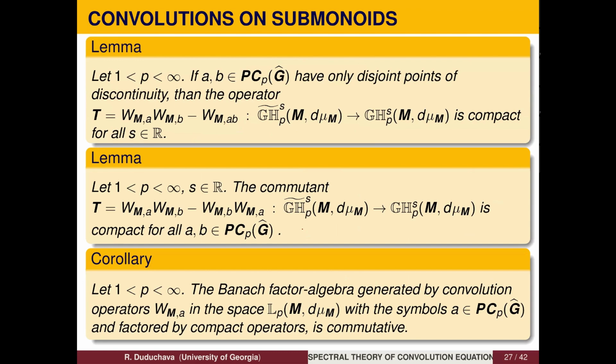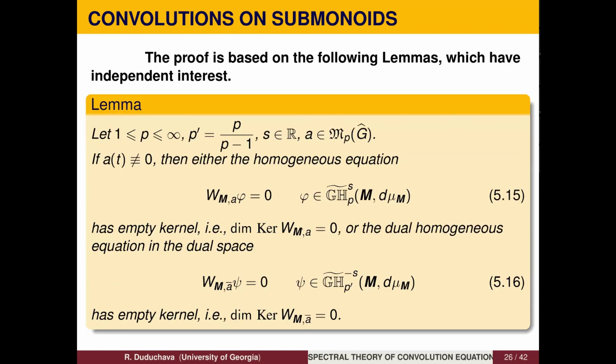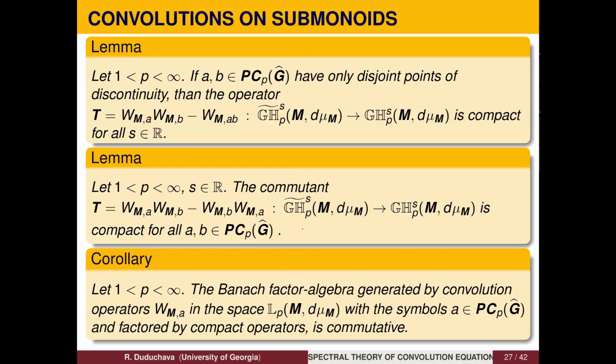That's for the usual convolution equation. The Wiener-Hopf equation was proved by Coburn in L2, but then it was generalized. And now it holds also for the group. Well, the composition of the symbol, composition of convolution operators on submonoids minus